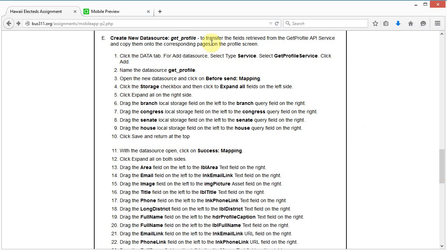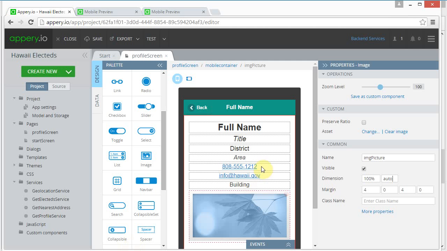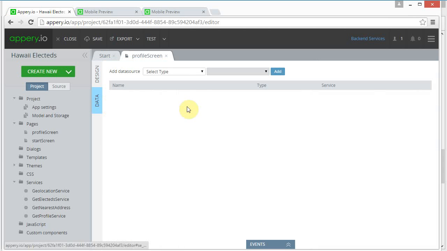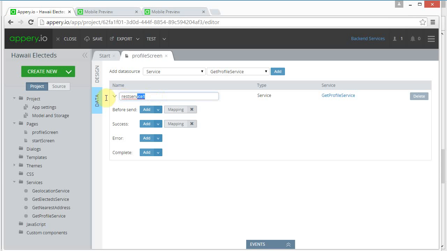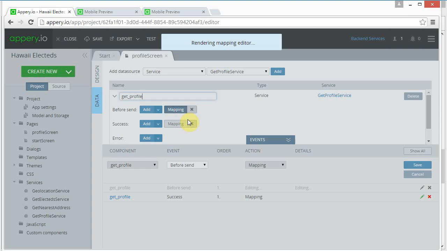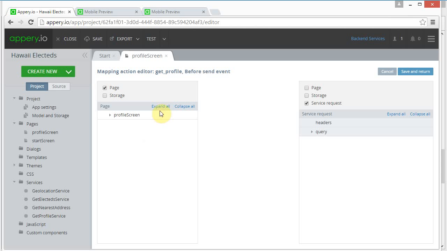Right here, get profile. So I'm going to click data, and I'm going to select a type of service, and I'm going to use the get profile service, add, and I'm going to name it get profile, and I'm going to open up the before send mapping, and let's see, I'm going to expand, I'm going to look at the storage, and I'm going to expand this,